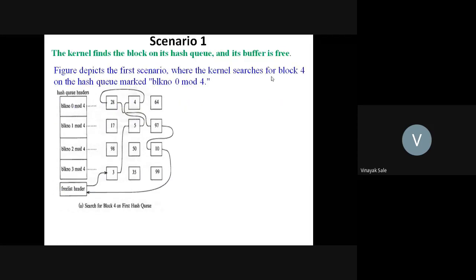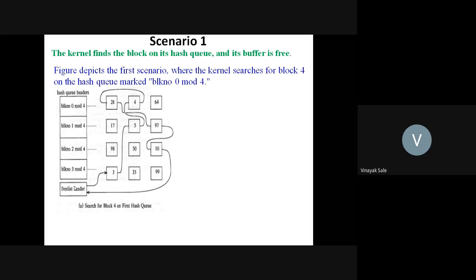In this figure, the example is that the kernel searches for, suppose, block 4 on that hash queue. Block 4 on the hash queue is marked as block 4 mod 4, or block 0 mod 4. Suppose the kernel searches for this block 4, which is on block 0 mod 4. This is the hash queue.